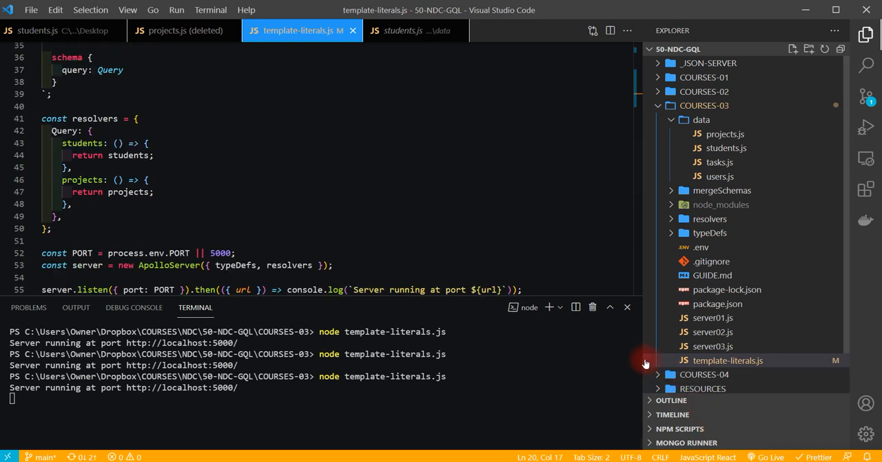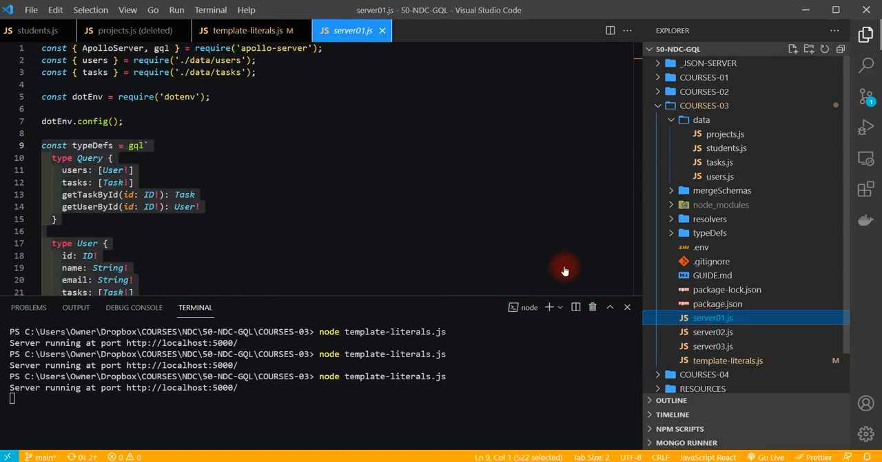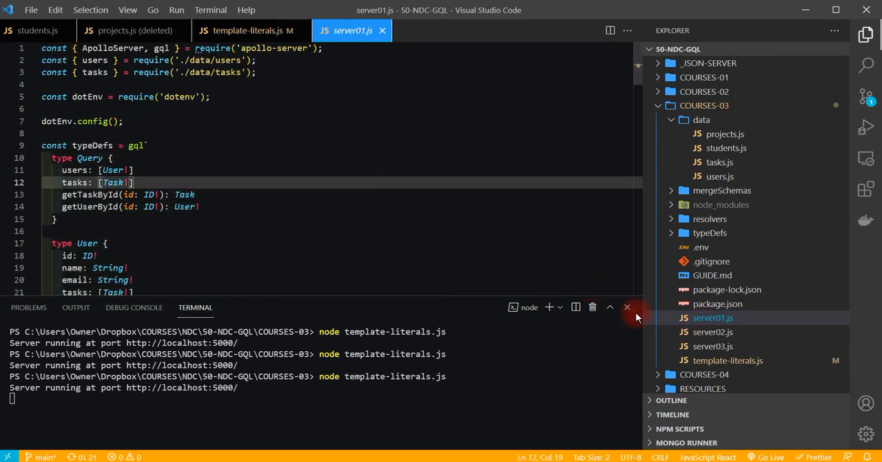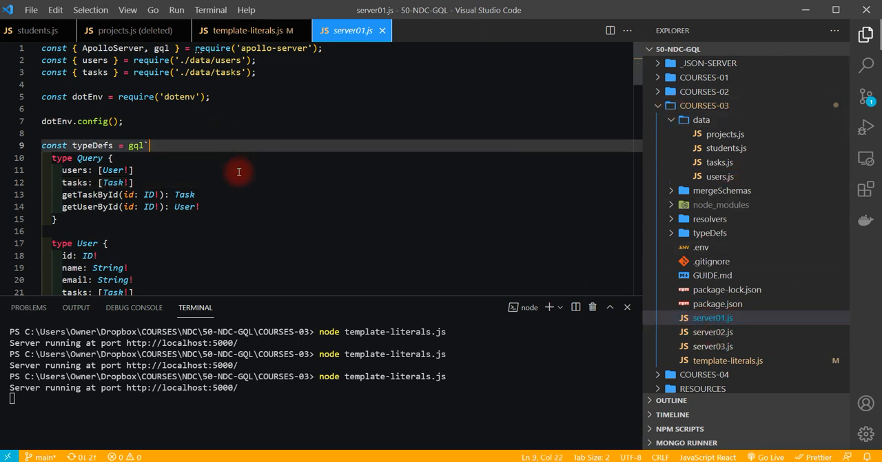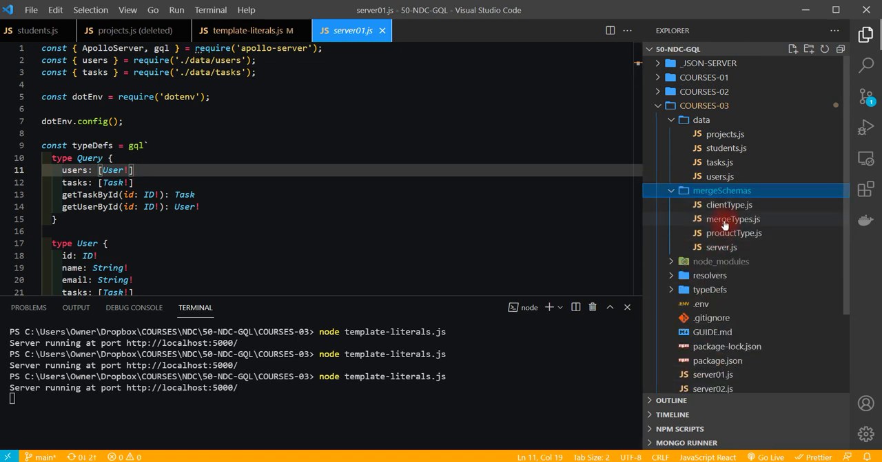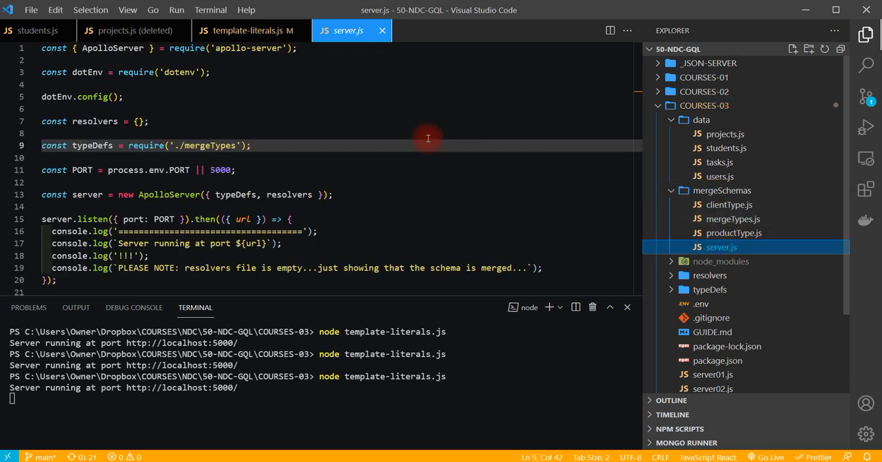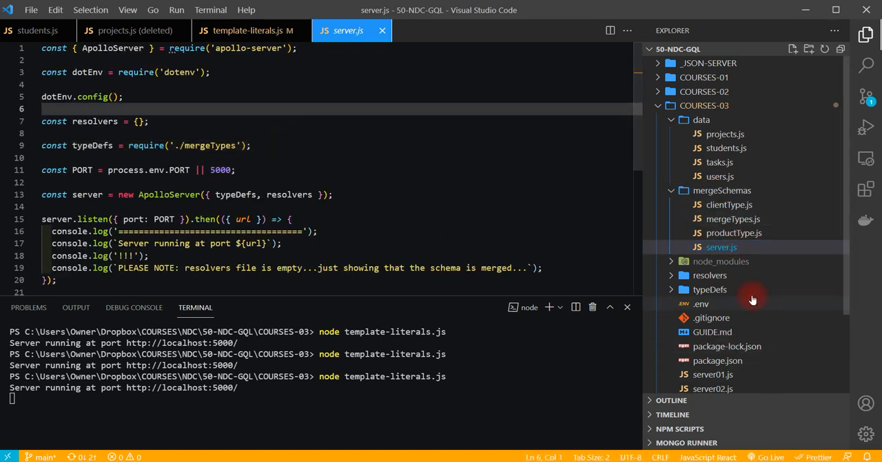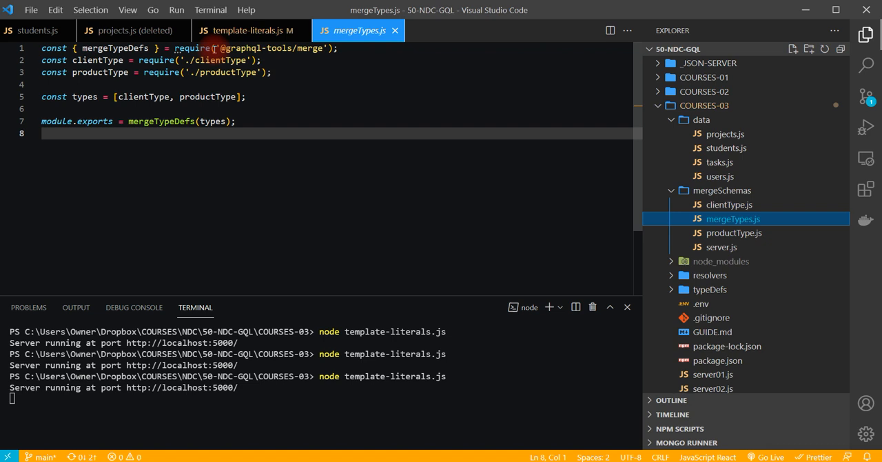That's one way. Another way that we can do that, and we'll move on to the next, is if we come into our basic file here, which carries on from Courses 02, we can learn how to merge these into separate files, and we'll look at that in the next couple of lectures, Server 2 here. And later on we'll also look at a utility that we can use in merge types, where we pull in something from GraphQL tools to merge